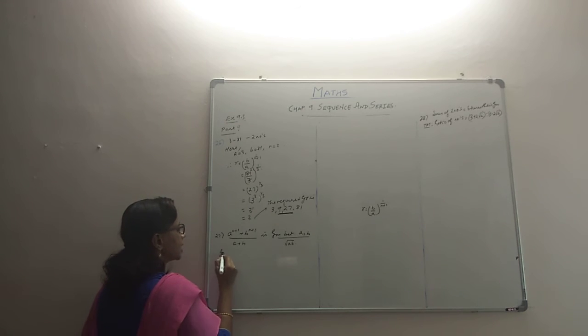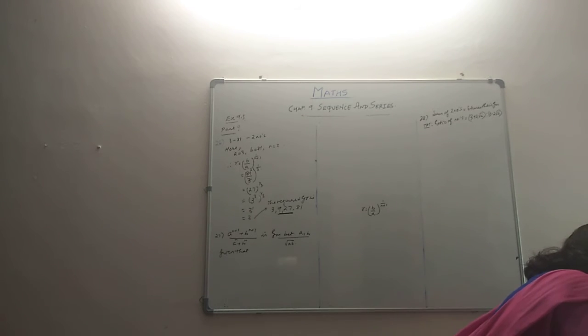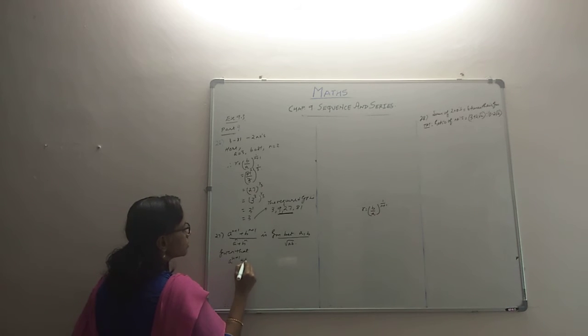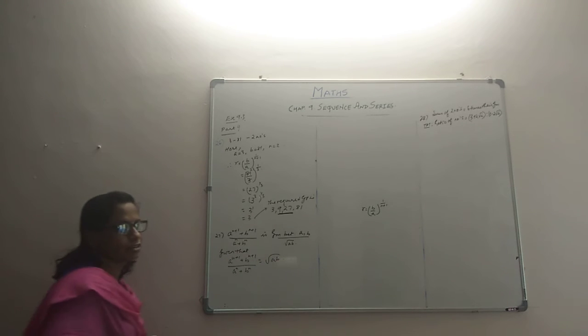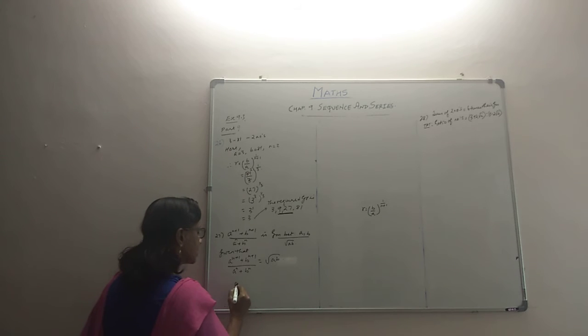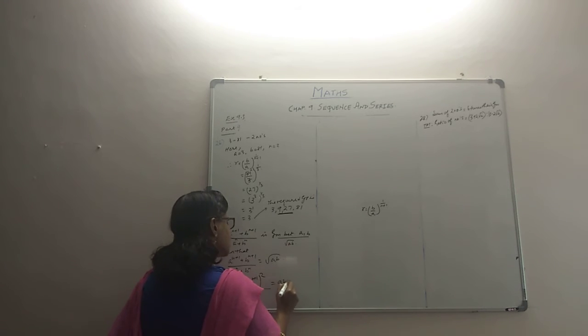They have given us, given that we have to find out the n. It's A raised to n plus B raised to n. Okay, given that A raised to n plus 1 plus B raised to n plus 1 by A raised to n plus B raised to n is the geometric mean, which is root AB. Now this root is a disturbing factor, so let's square both sides. So what will happen? A raised to n plus 1 plus B raised to n plus 1 whole squared. Here also A raised to n plus B raised to n whole squared, and here it is just AB.